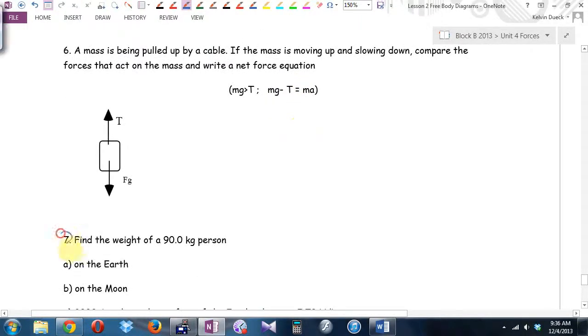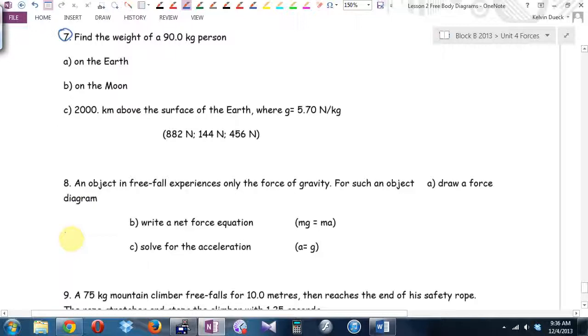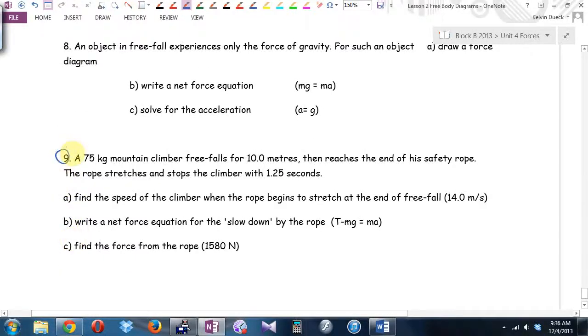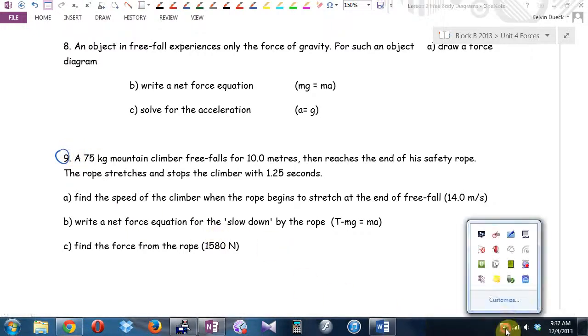Number 7. And number 9 is very similar to the Regan cliff jumping, except here we're having a mountain climber coming to the end of a safety rope. This is also a tricky one. In fact, I give this same question with different numbers to my Physics 12s, and they struggle with it. So the message I have for you: try all of these. If you're stuck, try looking at the answer and see if you can reason it out, but I'm totally prepared to go over these with you next class if I need to. Got one more cool video. So we've been talking